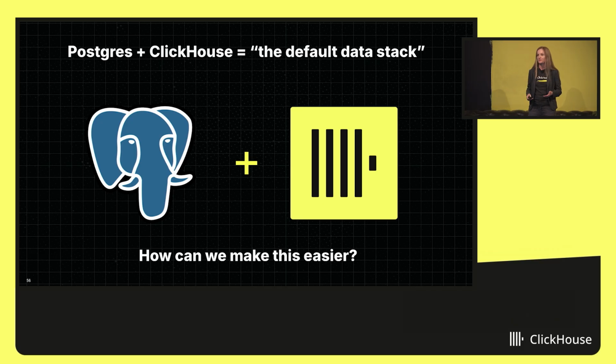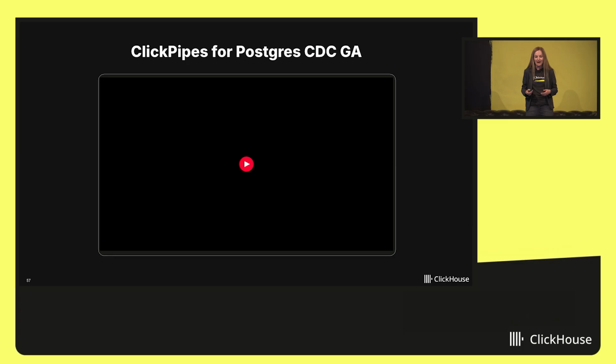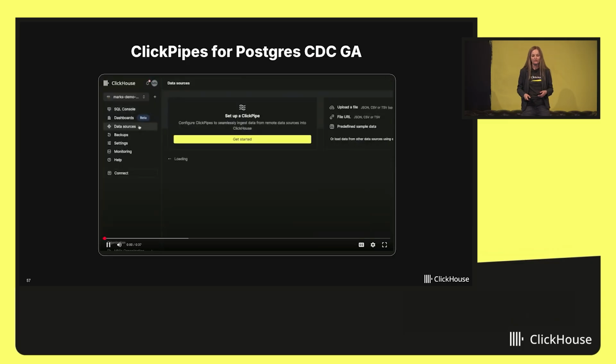And so we sat down and we said, we should make this easier. We should have a turnkey way to do this. We quickly realized we are not Postgres experts, and actually, it takes a lot of Postgres expertise to do this. But we were lucky in that the PeerDB team, which was a local Y Combinator startup, were building Postgres CDC. And guess which data store rose to the top of their requests? It was ClickHouse. So it was a natural match for us to join forces. And today, I'm happy to announce availability of ClickPipes for Postgres CDC in GA.